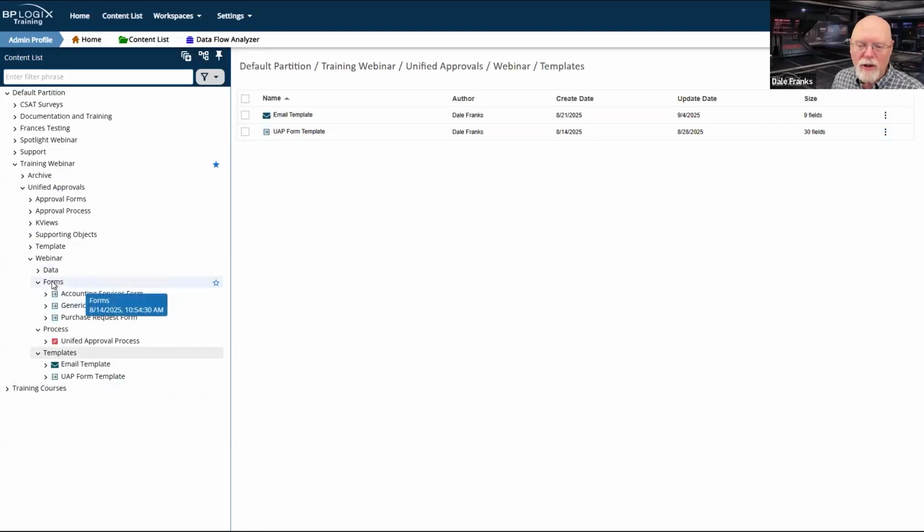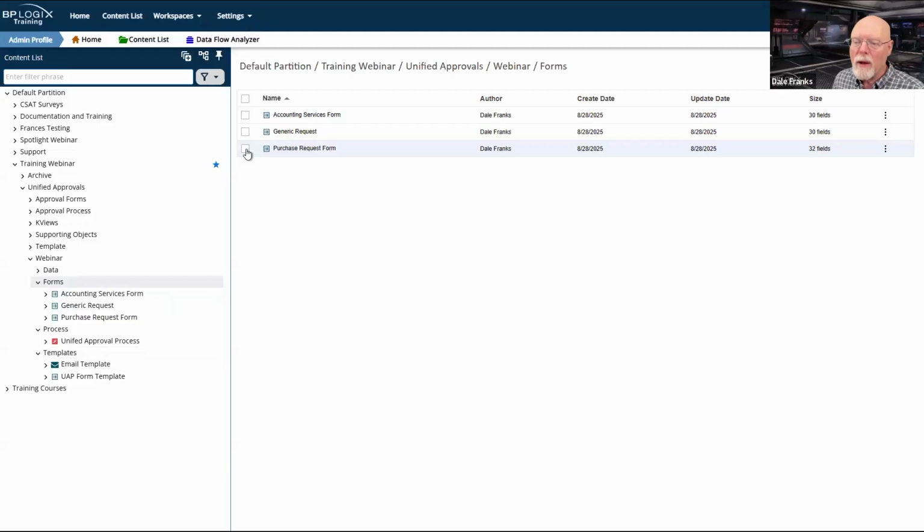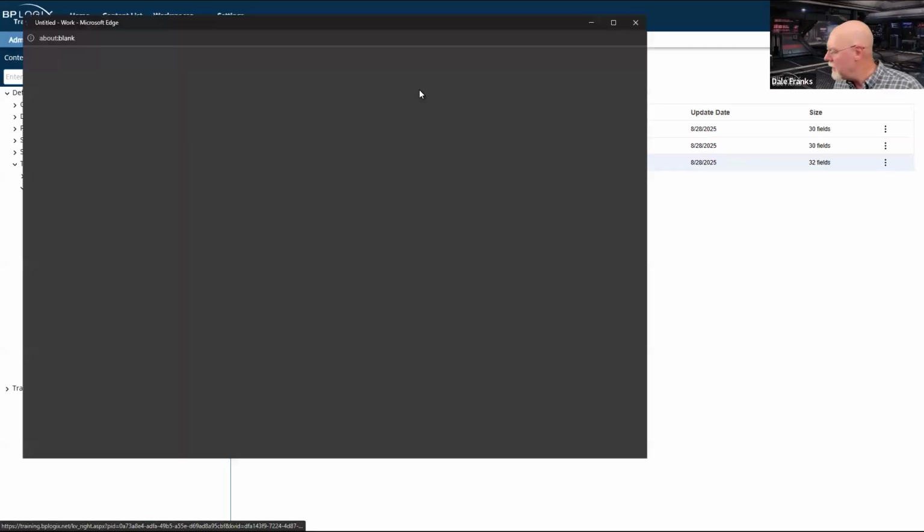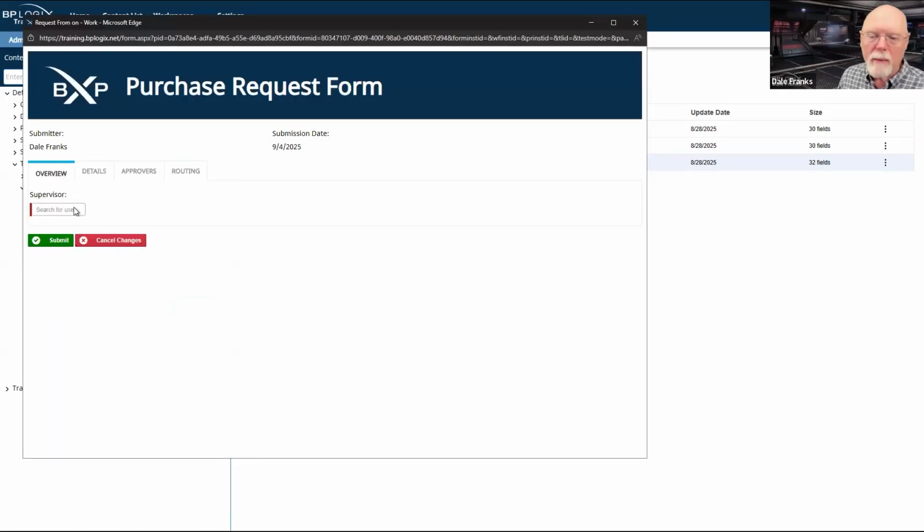So I've got my generic purchase request form. So now I know that my template runs. We'll just go through my purchase request. Supervisor will be me. And note, I don't have the function or the process or even the process manager here because on this specific form, since it is a purchase request form, all of those fields are down here at the bottom in my hidden section control, which no one can see, but they already have their values set.